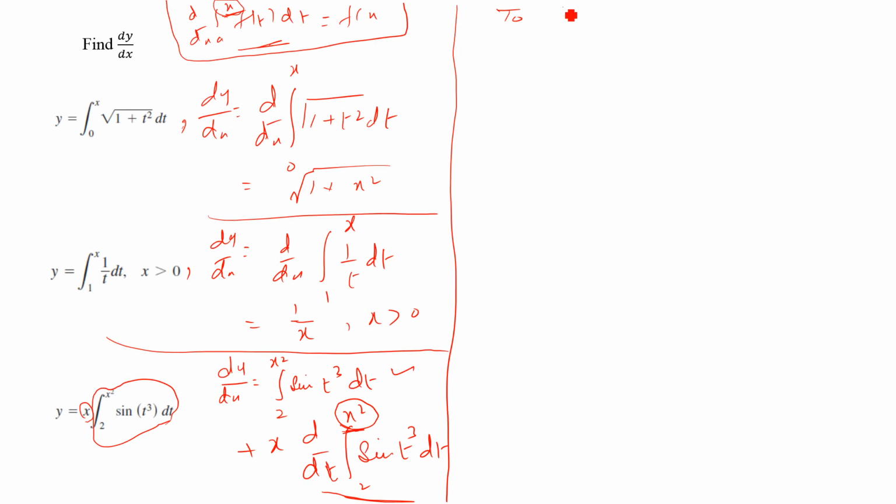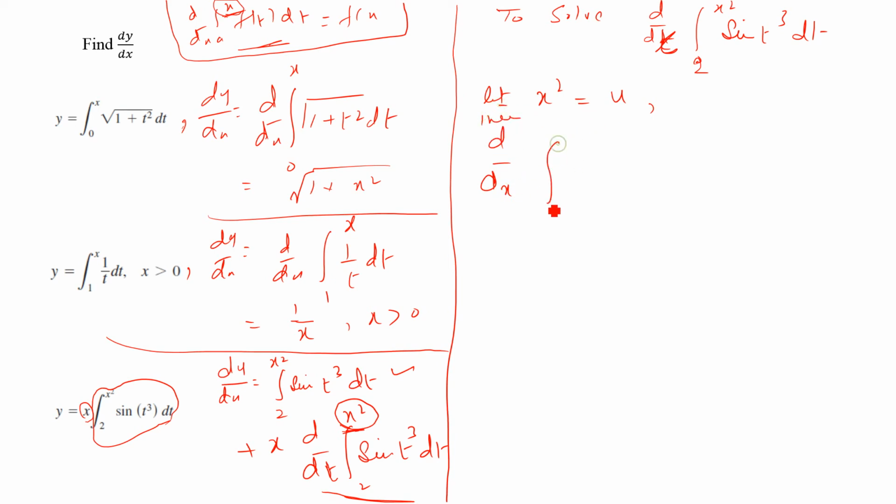Now in order to solve this, we get back to it. Let's solve this first. To find the value of the derivative of the integral from 2 to x squared of sine t cube dt, let's make an assumption that x squared be u. Then this becomes d by dx. By making this assumption, we have the integral from 2 to u